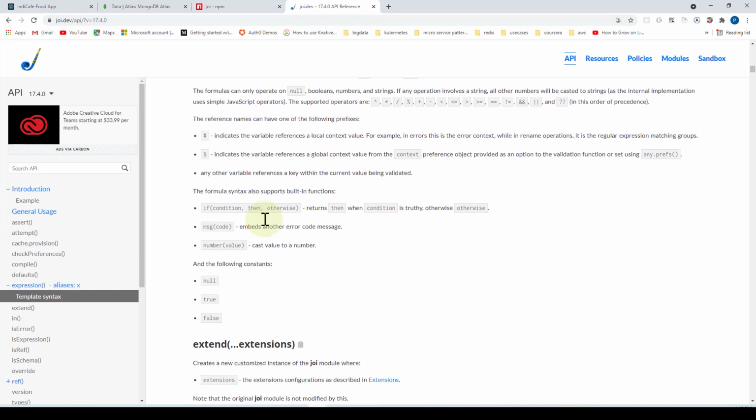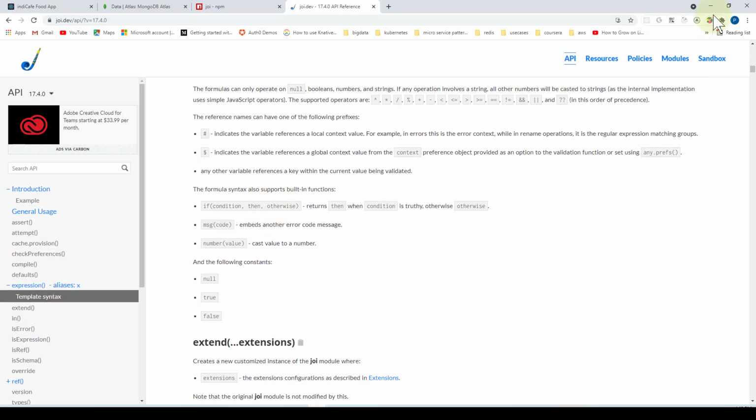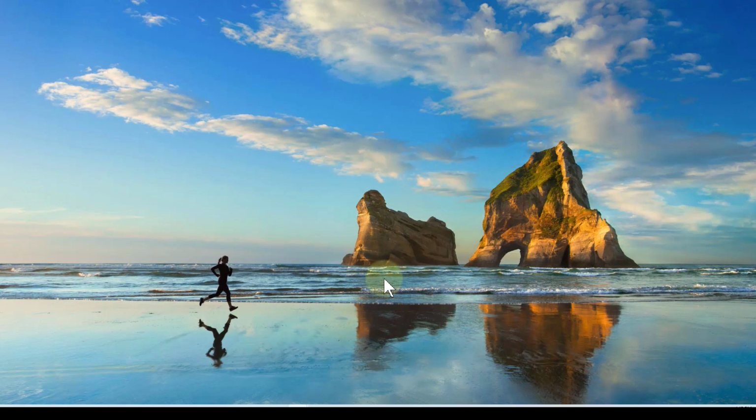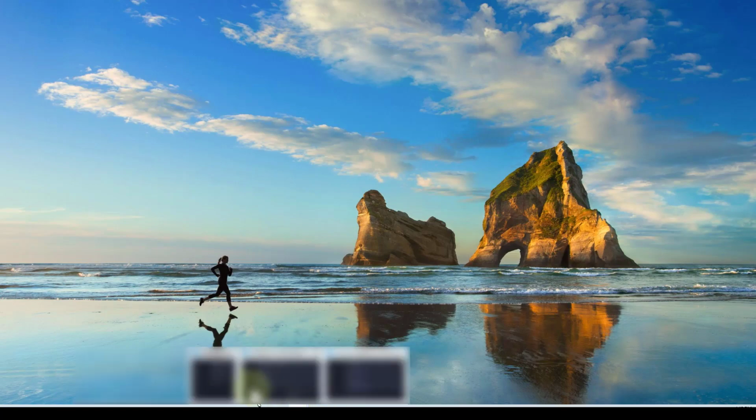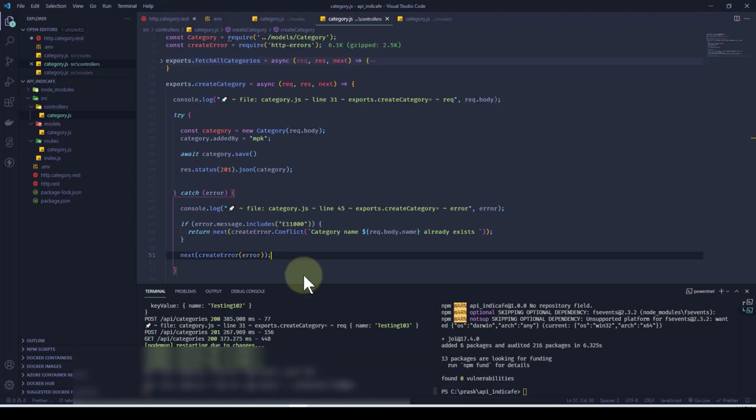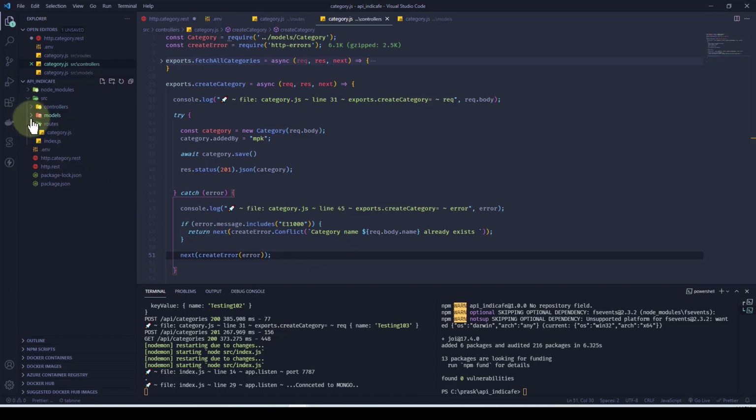Okay, we'll take a look at that later, but first let's go ahead and create the validation schema and then try to validate that. And here I am back in the editor. Let's see what we can do here. I will head over to the source folder to begin with, and inside the source folder I'm going to create a new folder called validators, and in here I'm going to go ahead and create a new file called